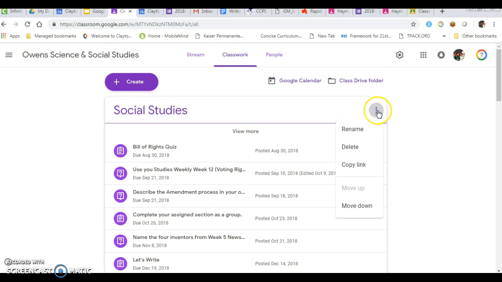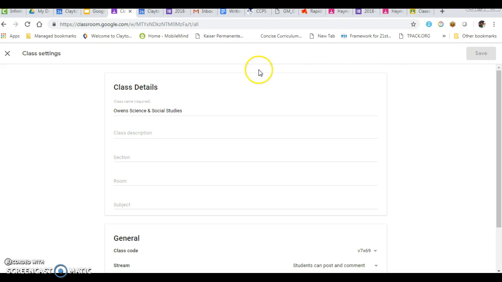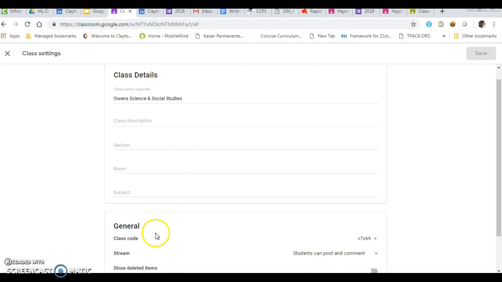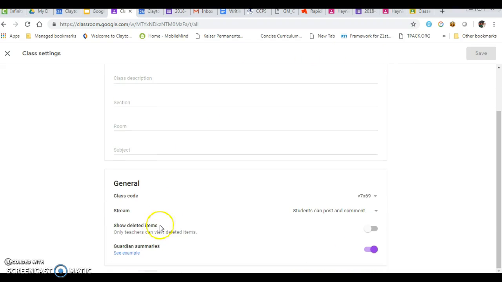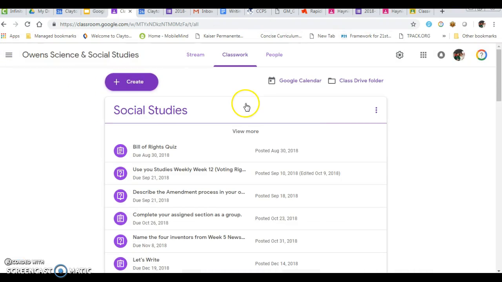Once again, our Skinny Snowman over here is a great way to get to any settings that you want to change, like renaming, deleting, or copying it, or even moving it down to create a different organization. As a reminder, the tool up here is always a great way for you to go in. You can view your class code here, give some more examples, and so forth. So, real quick,